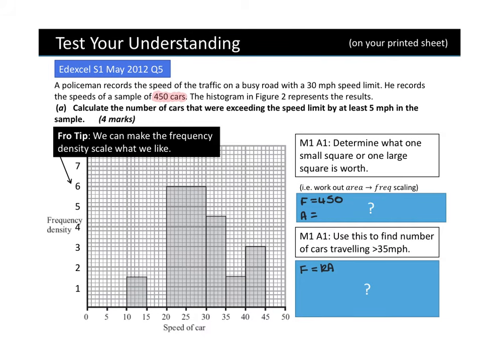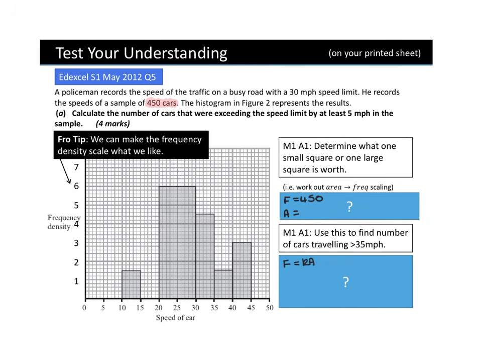So there's a few ways you can do this. If you want, you can go through and do each individual rectangle. I'm going to do it this way. So this one, I'm going to have 5 multiplied by 1.55. Here I'm going to have 10 multiplied by 6. 5 multiplied by 4